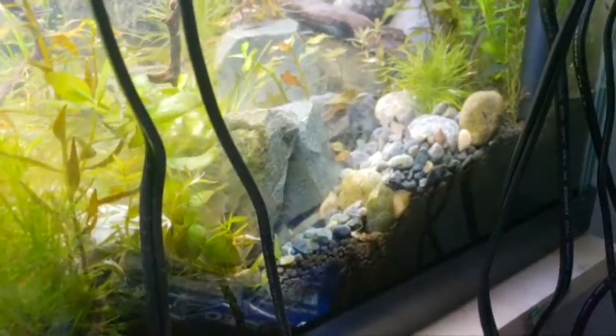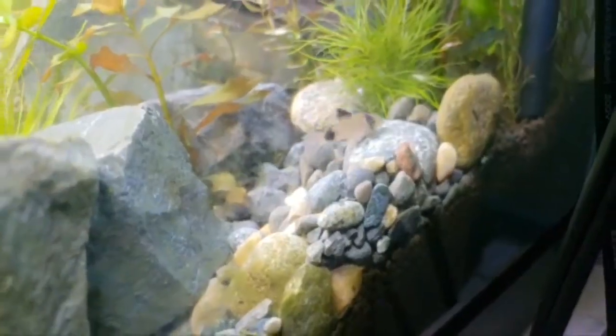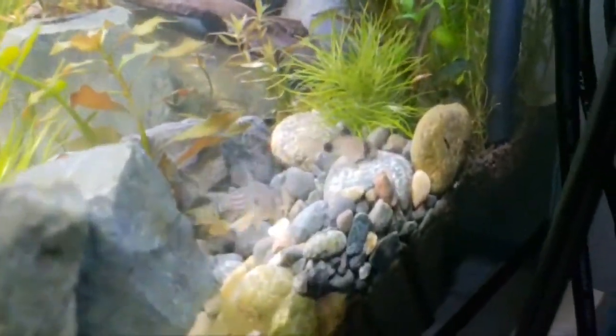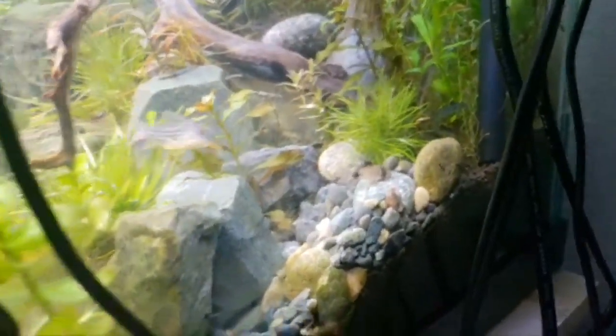Not enough cories, you mean? Best fish ever. I agree. These little panda cories are adorable. I bought them with their parents, and actually I got them for free with their parents. And I also got these stir-bys,